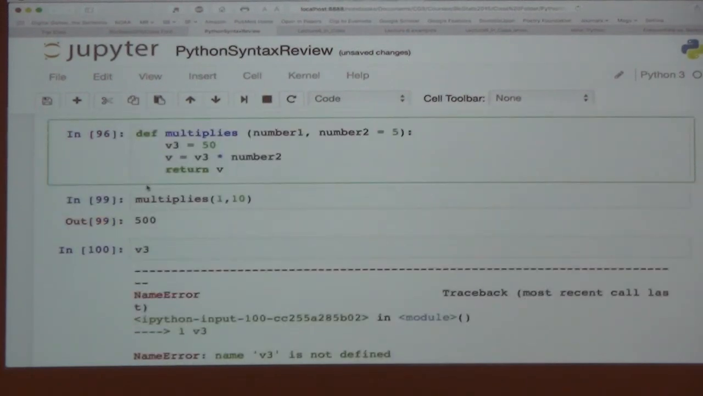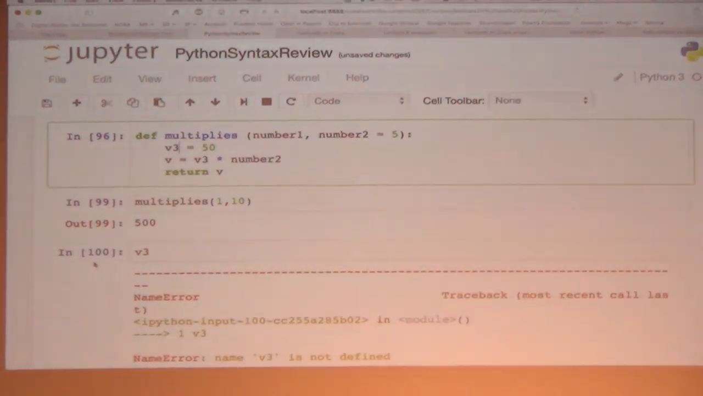Okay. Well, let's call that good for today. We only made it partway through the activity, so I'm going to